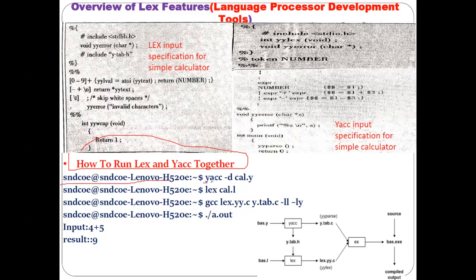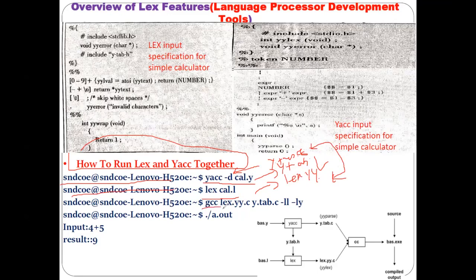Here, first we compile the Yak program. The command for that is yacc -d cal.y. If you compile it like this, it will generate y.tab.h also, which is required. When you compile this, these two files will be generated, y.tab.c and y.tab.h. Understood? So it is better to compile the Yak program first. Then you have to compile the lex program, and this lex program will generate the file lex.yy.c. Then you have to compile these files together again using the C compiler.